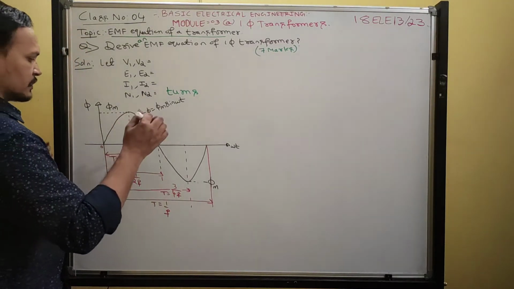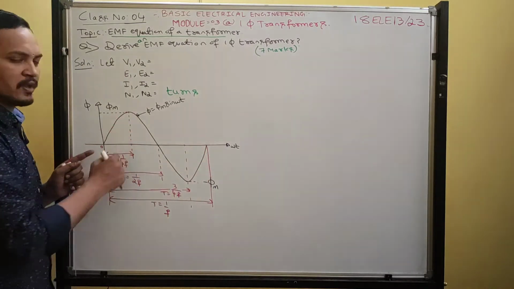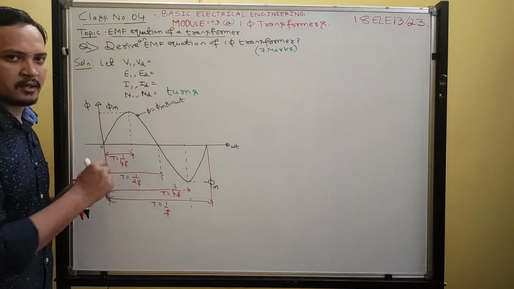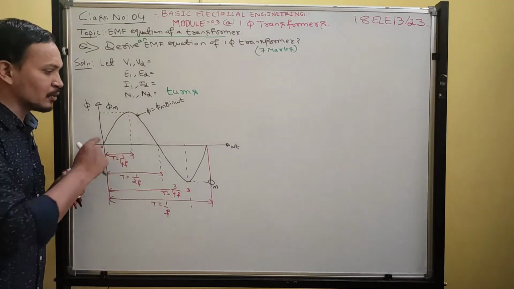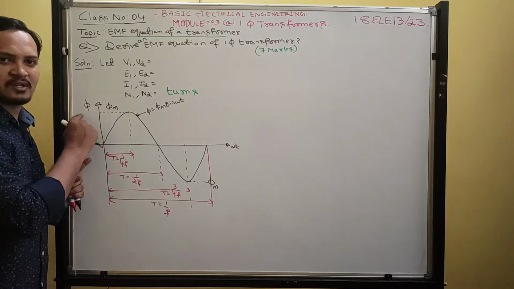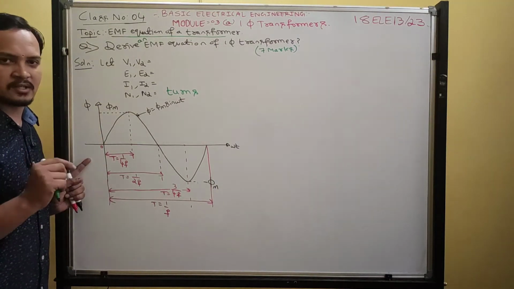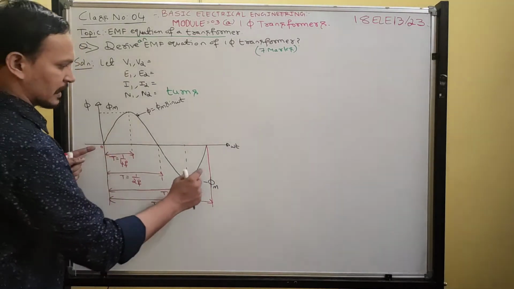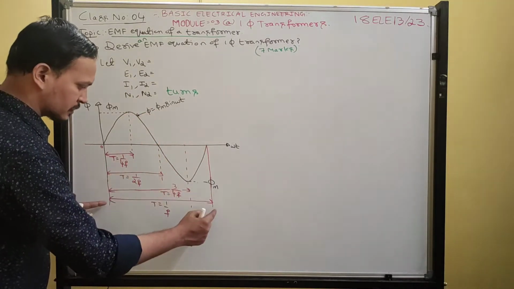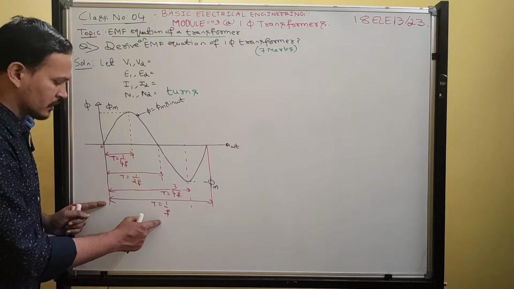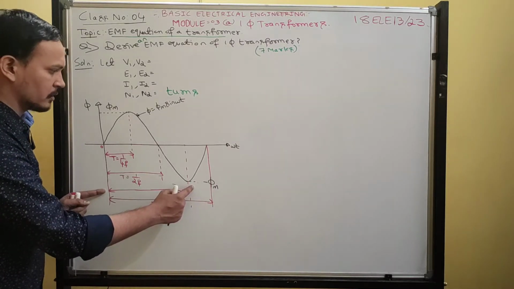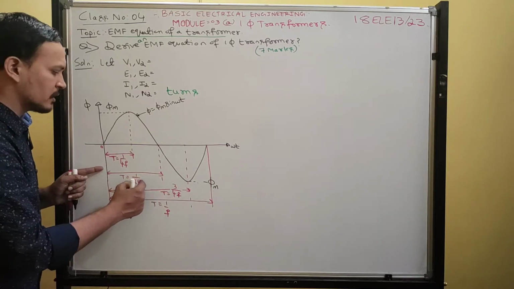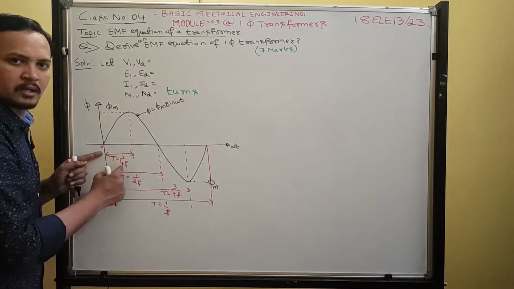Full stop. See, now I have drawn a constant flux waveform. Since the transformer is excited by AC supply, it produces an alternating flux. Don't draw a voltage waveform or current waveform here because current and voltage values continuously vary. It won't be constant, but flux will be constant in a transformer. See, I have drawn a full cycle of the magnetic field. This is one cycle. What is the time period? 1 by f. This is 3/4 cycle, 3 by 4f. This is half cycle, 1 by 2f, and this is quarter cycle, 1 by 4f.